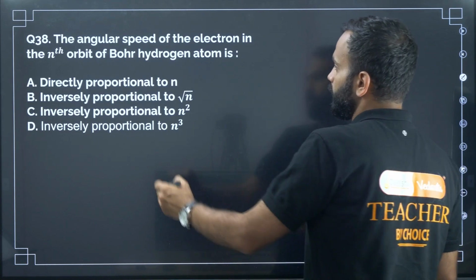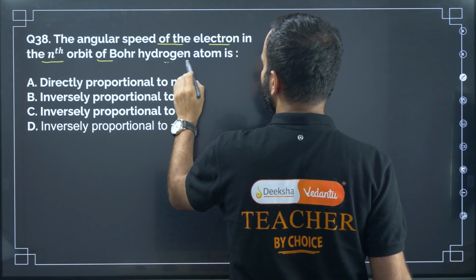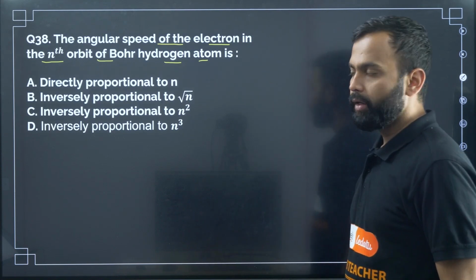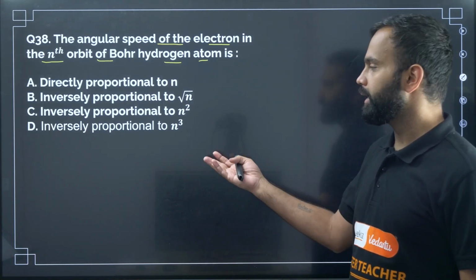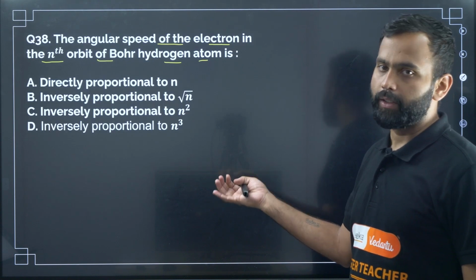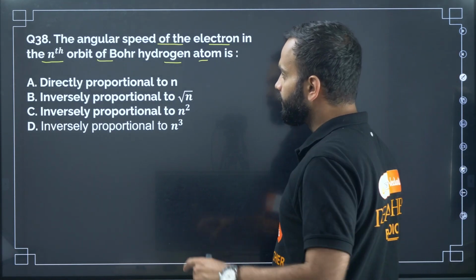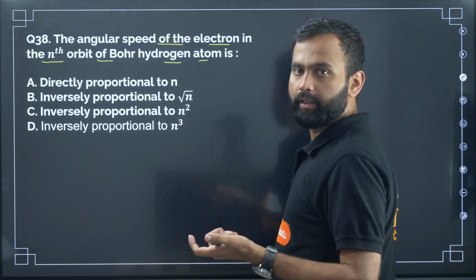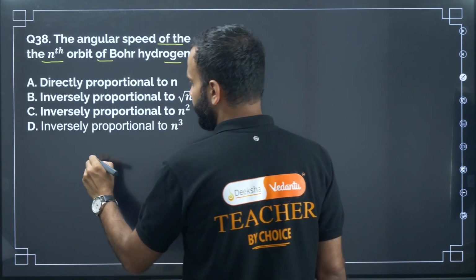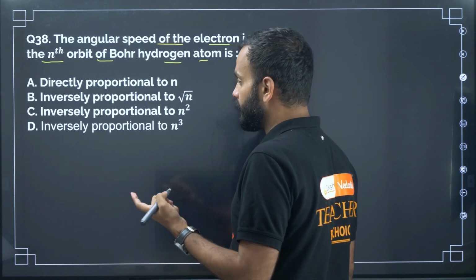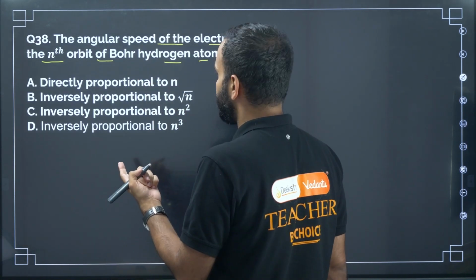Question number 38. The angular speed of the electron in the nth orbit of Bohr hydrogen atom is. If you know the formulas, then you can easily answer this question. Otherwise, you have to derive it. So how do you derive? Here, the electron is revolving around the nucleus, right? So here, the angular momentum of the electron in the nth orbit in the Bohr hydrogen atom or Bohr